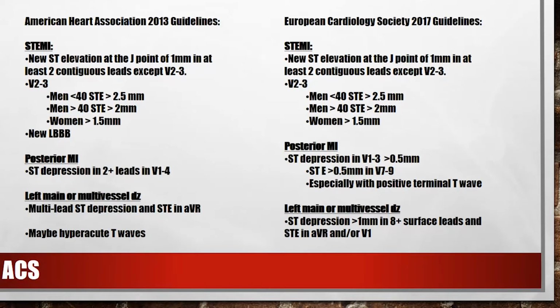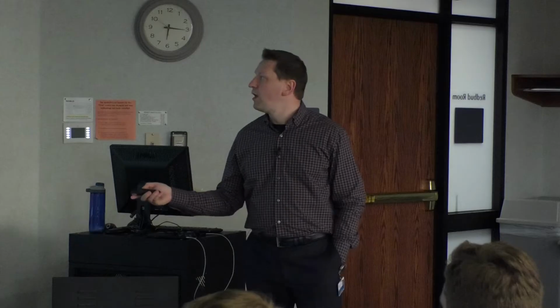All right, so all this is saying in all of these different things is that you have elevation in the appropriate territory, okay? So a STEMI in some territory means you have an infarction in that territory, okay? There are a couple of notable exceptions. If you have left main disease, you're probably going to have ST depression everywhere, and AVR is going to have ST elevation, real ST elevation, okay? That's a very, very high-risk finding.